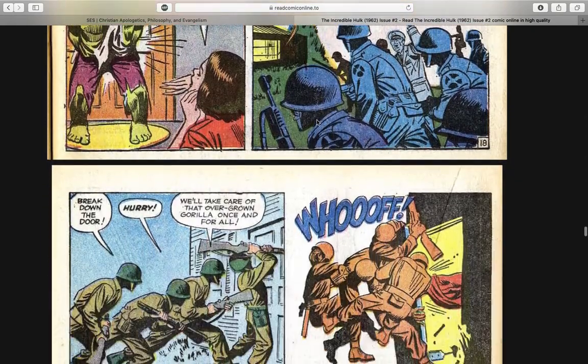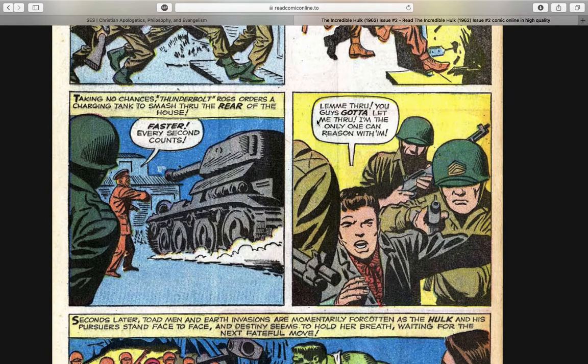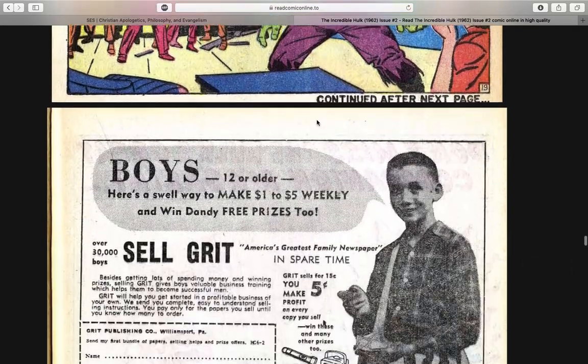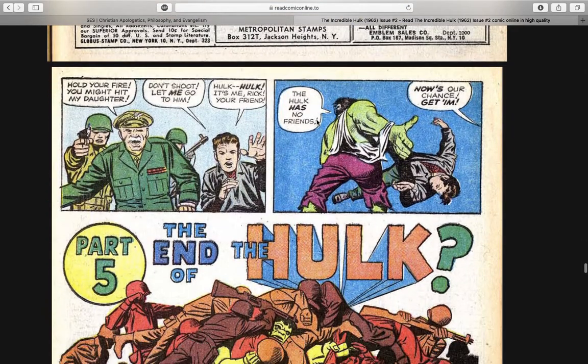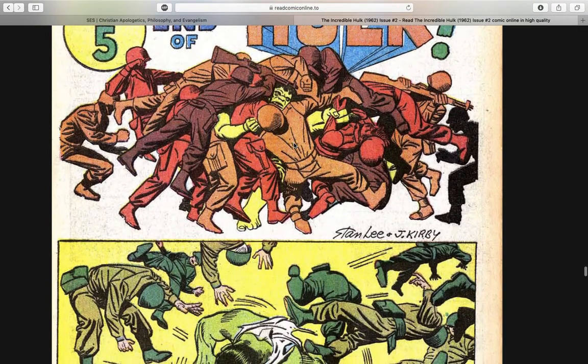We see that he kidnaps Betty Ross. So that just angers General Thunderbolt Ross and causes more division here, as Thunderbolt Ross already hated the Hulk to begin with. We saw that there was a Fantastic Four #5 ad there. Pretty cool. And so we see in part 5, as we get to part 5,